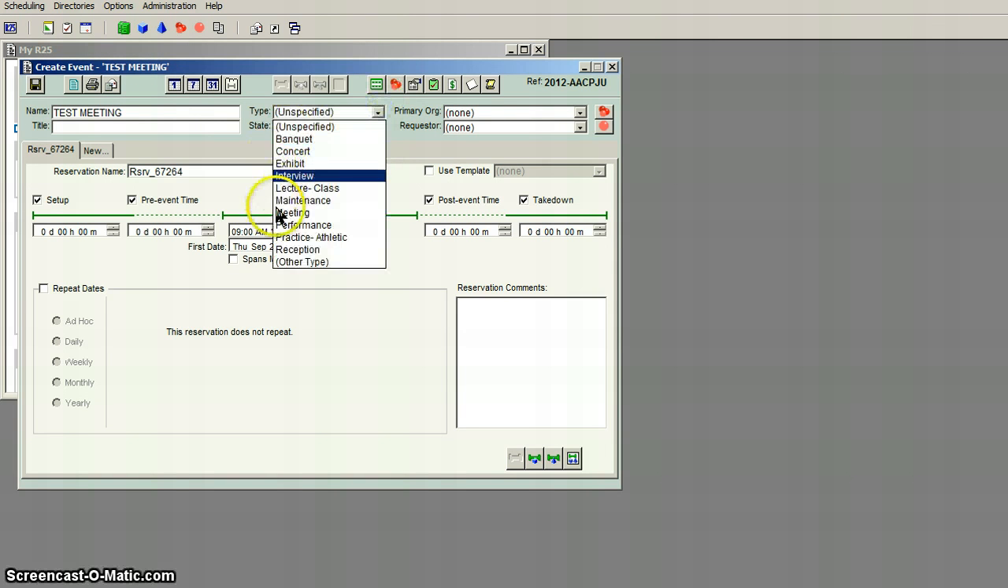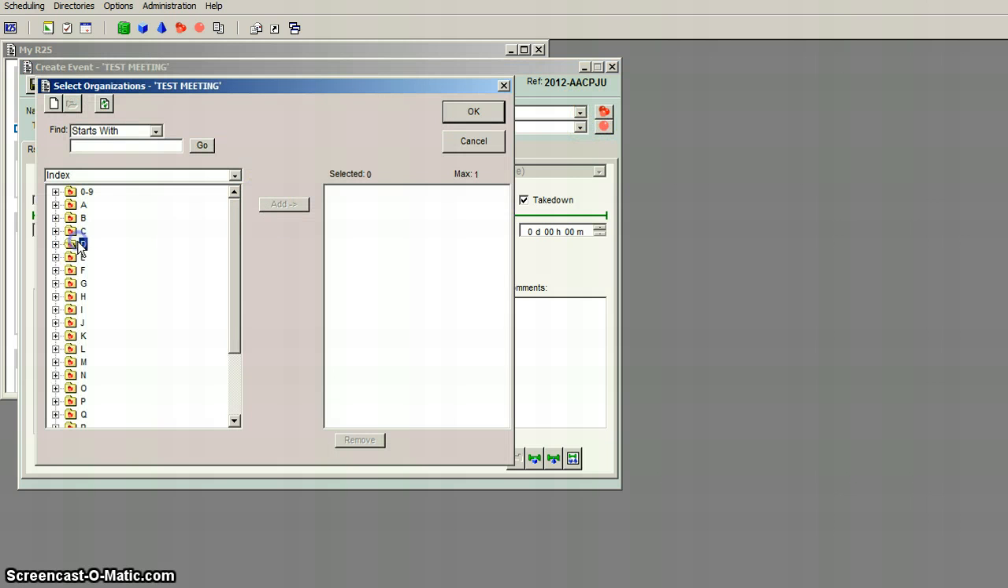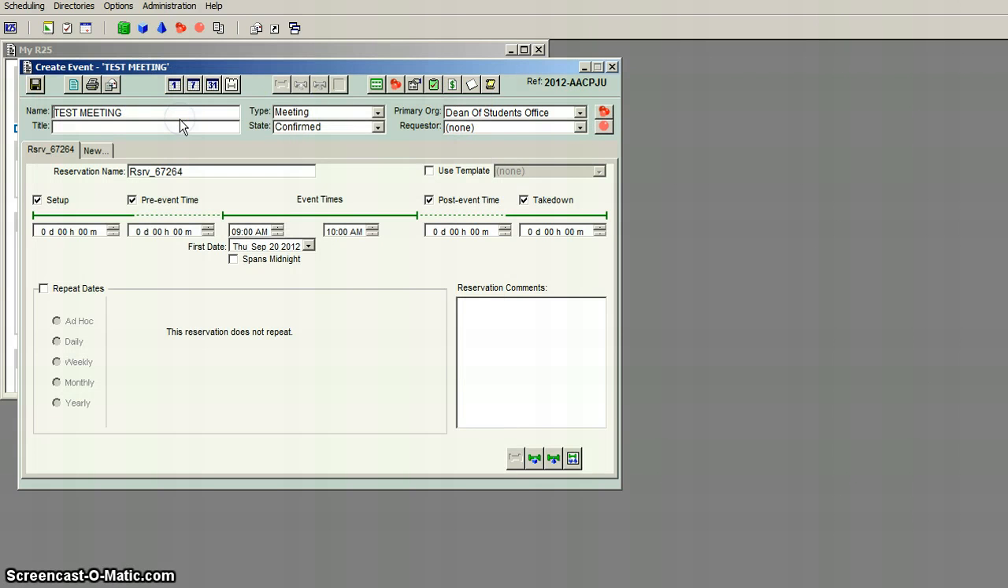Pick the type of event. Then click the organization. Enter a title for the event. Make the event confirmed. Now sometimes I will make the event a draft at first if I know most of